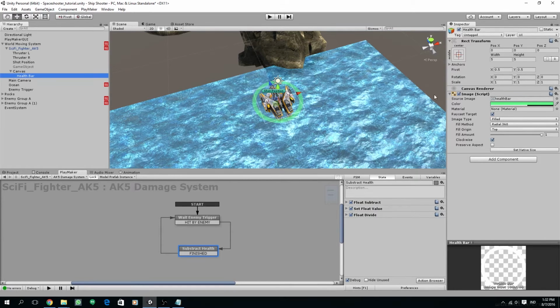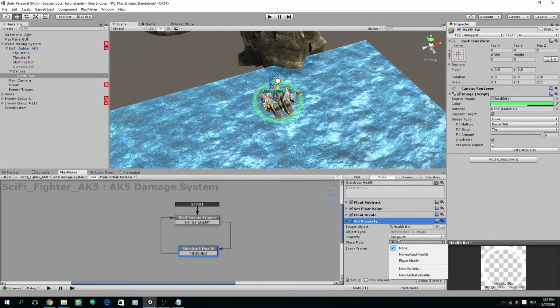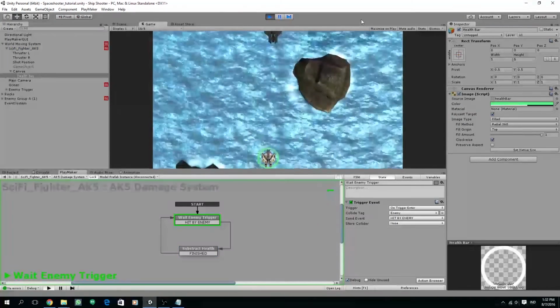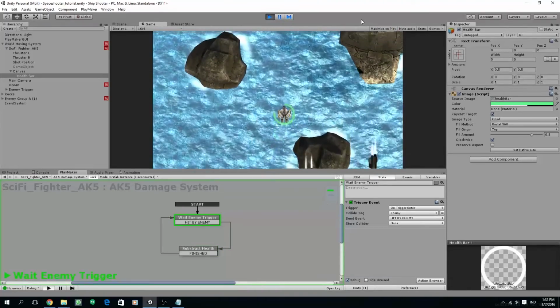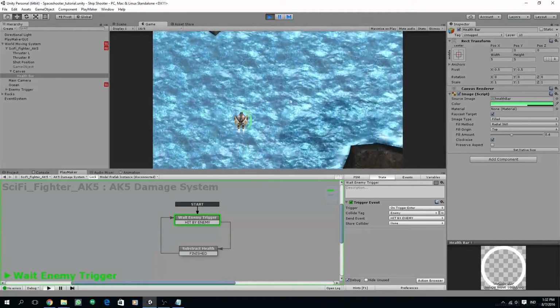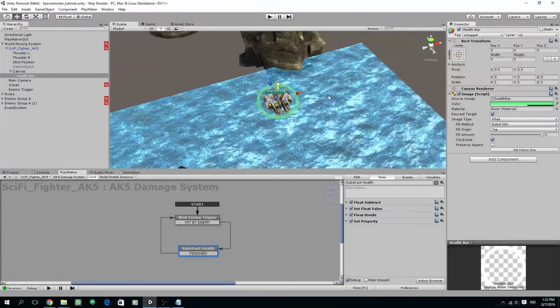And for the health bar, I'm going to drag this image to our second state here, and I'm going to set the property, and I'm going to pick the fill amount, and I'm going to set this fill amount to our normalized health value. Okay, now let's save the scene and try this, see if it's working or not. As you can see, our health is subtracted. We can see our bar is getting subtracted when hitting the enemy,